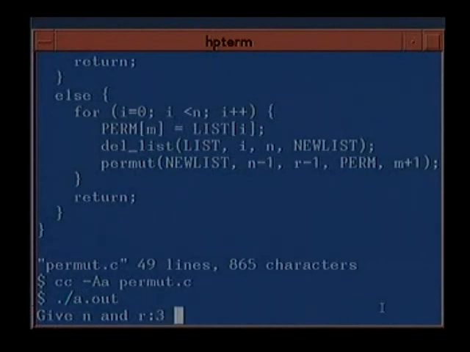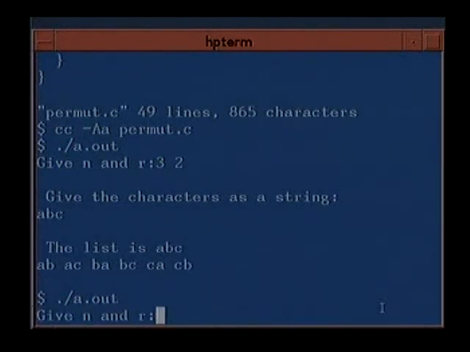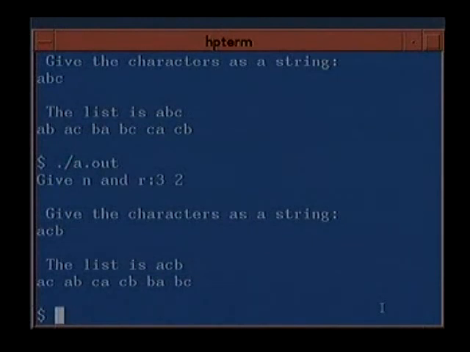So let's give 3 and 2, A, B, C. We get AB, AC, BA, BC, CA and CB. Again, you give 3 and 2, and if you give ACB, you will get it in another order, just depending on the way the depth first recursion goes. It is dependent on the way in which the depth first recursion goes.